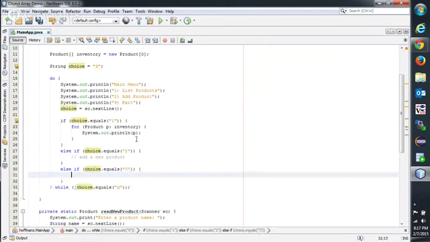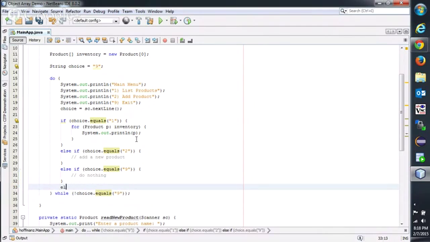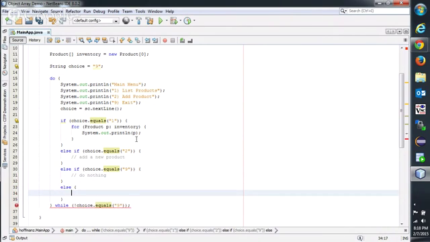If they enter 3, we don't have a 3 yet, sorry. If they enter 9, this is just us exiting. We know that our while loop is going to terminate at 9 anyway, so we can just do nothing here. And when this else if resolves, it'll get to the bottom of the loop and exit because the value is 9. If they enter in any other value,